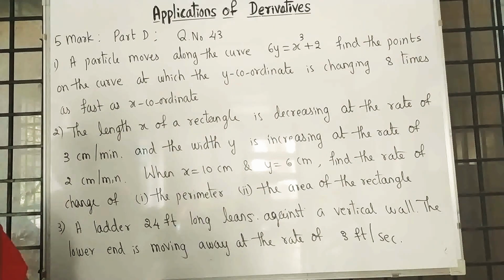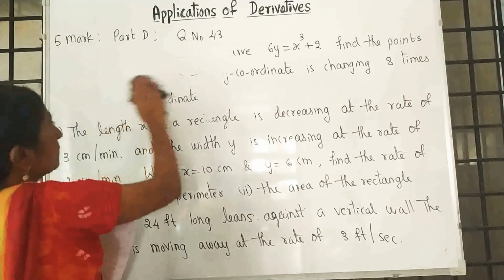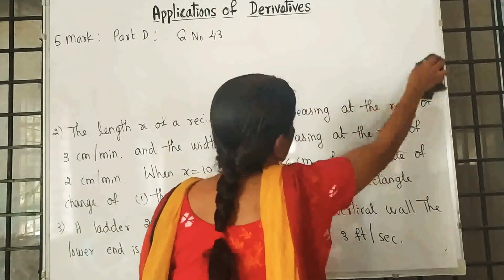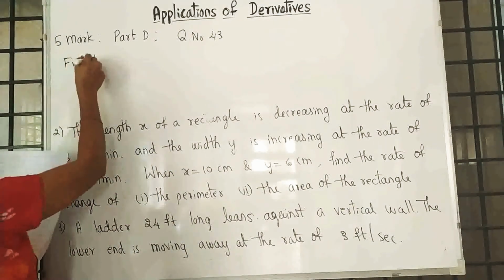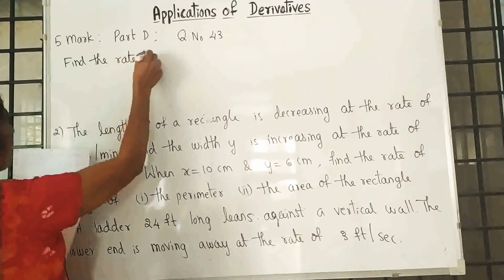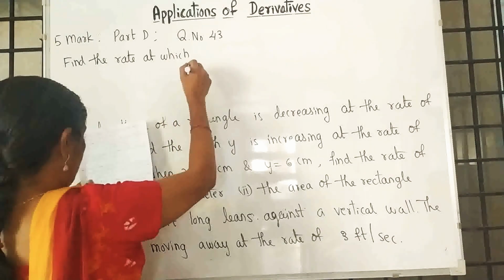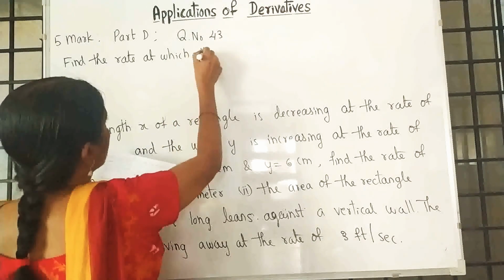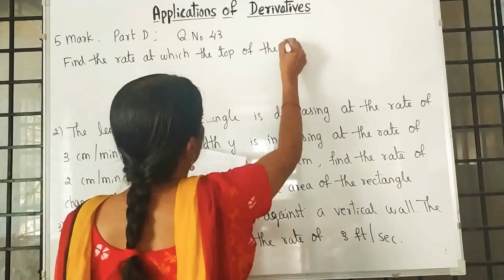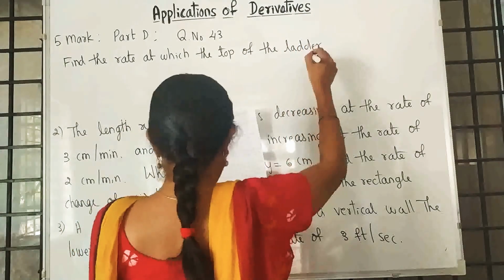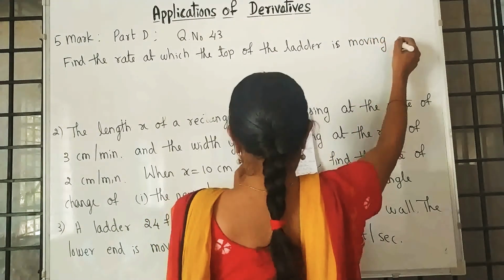Find the rate at which the top of the ladder is moving downwards